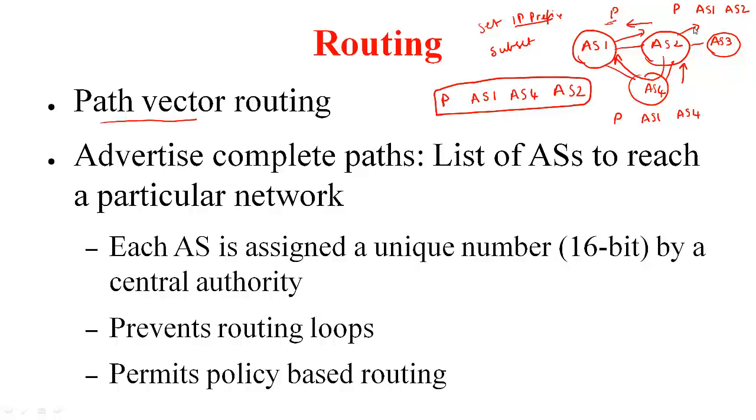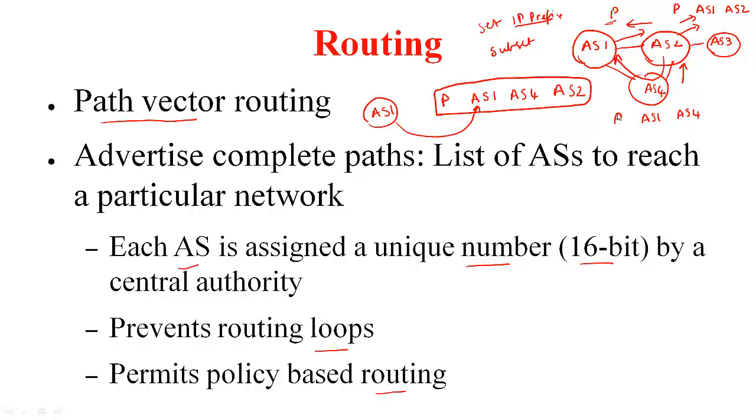Let's say it came to AS1 as well as AS3. Now AS1, since it sees itself within this, is not going to act on this particular information because it is there as part of the path. So this is how you avoid looping as part of this routing process. To facilitate this kind of path vector routing, each autonomous system is assigned a unique number, which is a 16-bit number, by a central authority. The fact that we are using path vector prevents routing loops, and this path vector can also permit